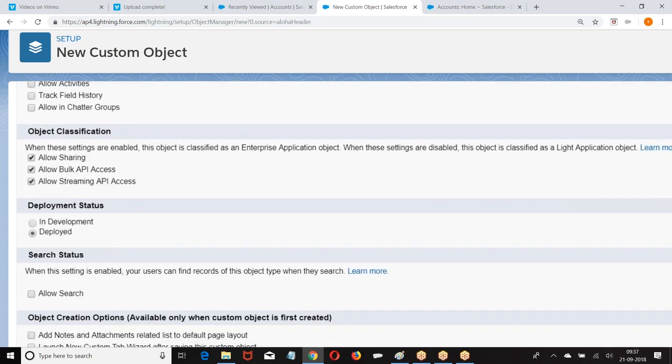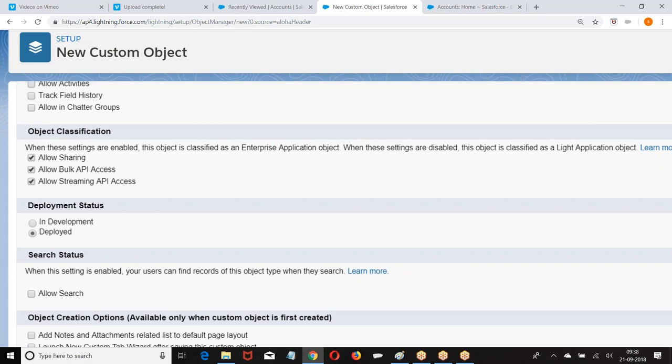Then we have object classification. When I say object classification, is it Lightning or classic? If it is Lightning, then we are going to disable any one of these options. Enterprise: enable all three options.